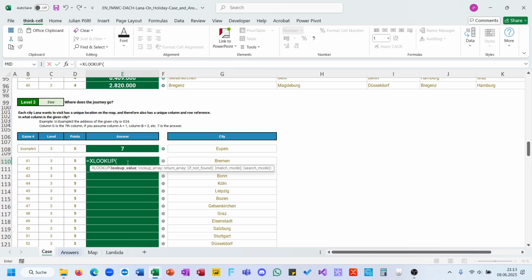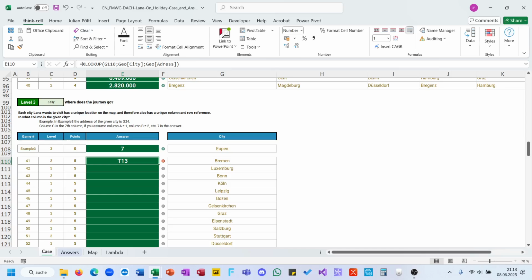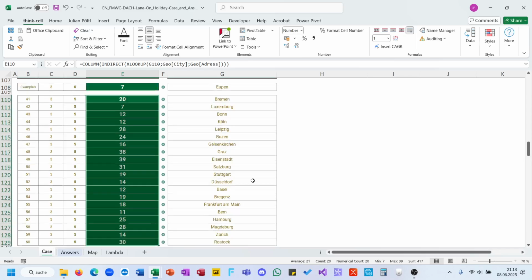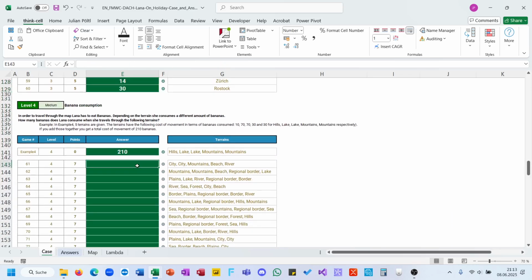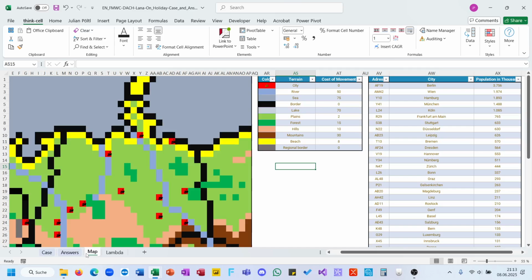In this case, we first want to have the address. So city name returning the address, and then column indirect, as we want to know the column. Here I first need to